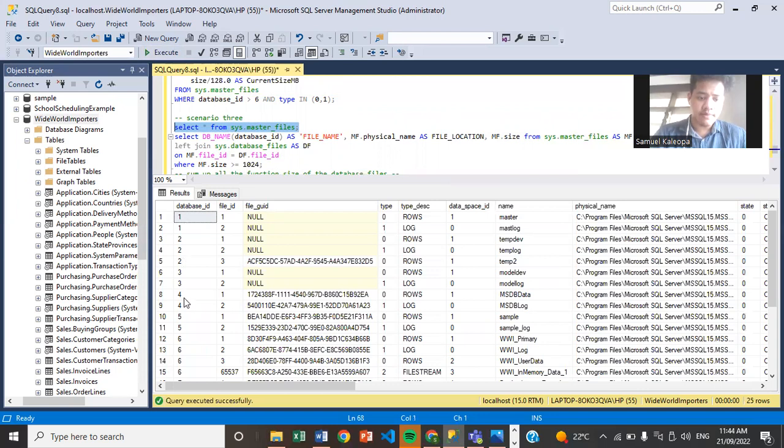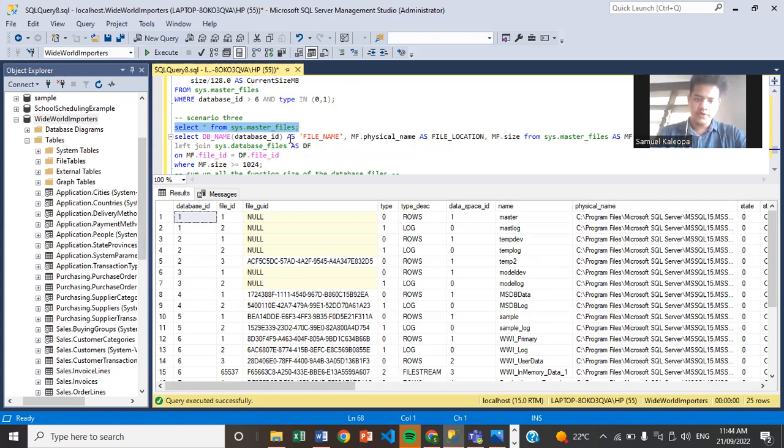To find the name of each database ID, I have to use the DB_NAME function to return it in the nvarchar